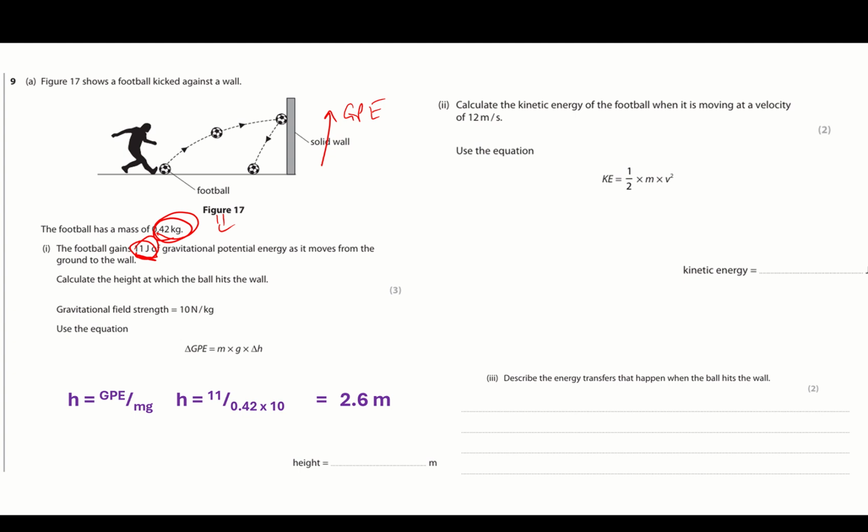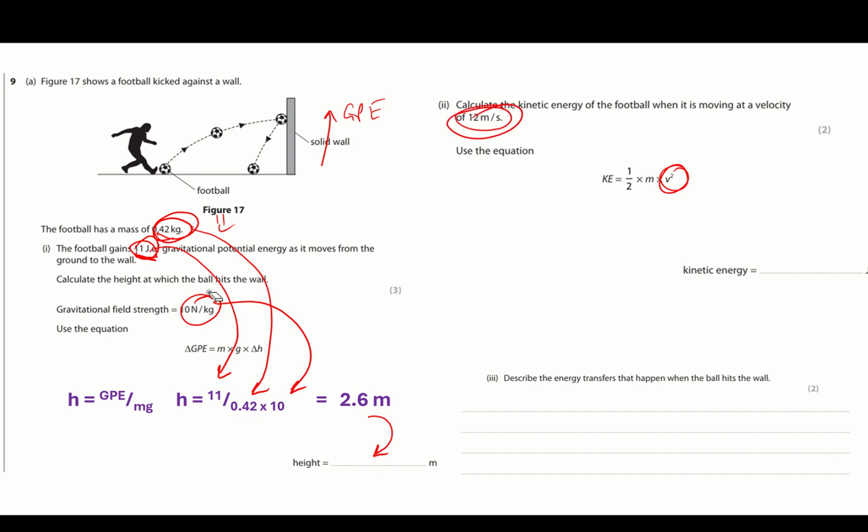So h equals GPE over m times g. The GPE is 11, the mass is 0.42, gravity is 10, and we get 2.6 meters. Calculate the kinetic energy, and it tells us KE equals half mv squared. That's the mistake that people make, they forget to square, when it's moving at a velocity of 12 meters per